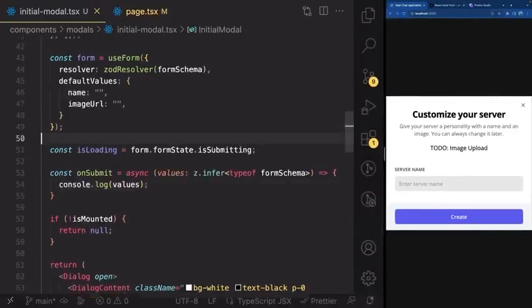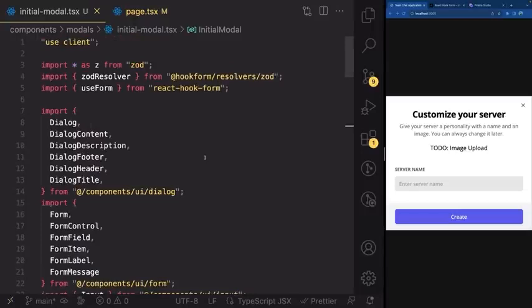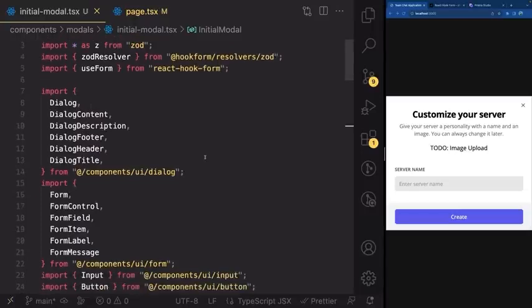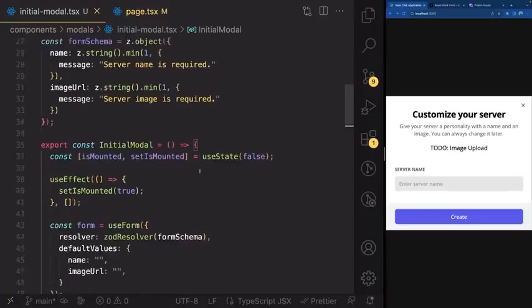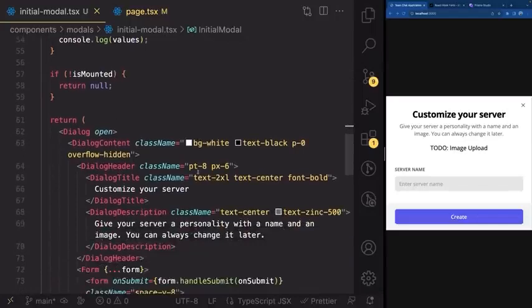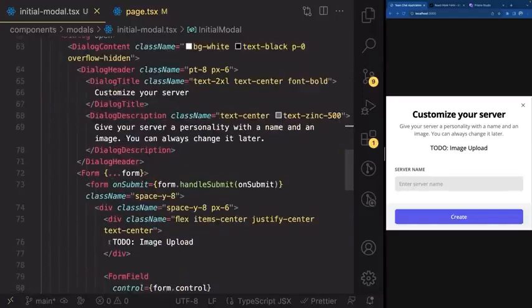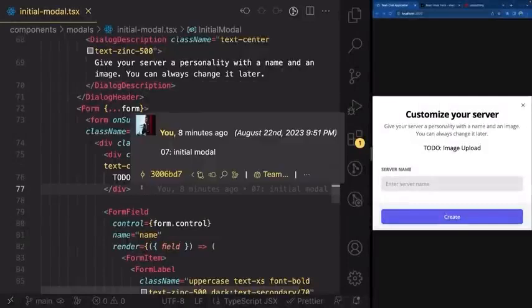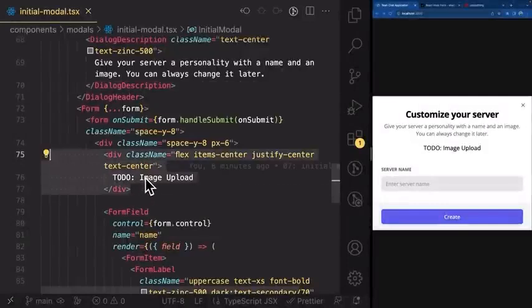Great job. So we set up our hook form, we set up our validation. What we have to do next is create this image upload component, and we're going to do that by setting up UploadThing. So that's what we're going to do in the next part. Great. So what we have to do now is create this upload image component, and we're going to do that